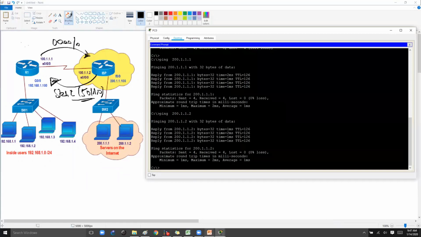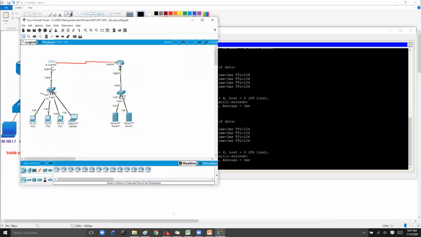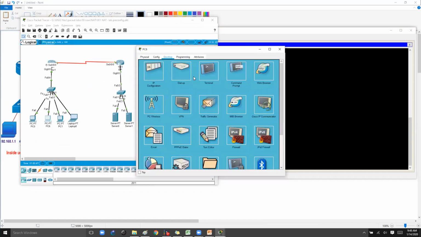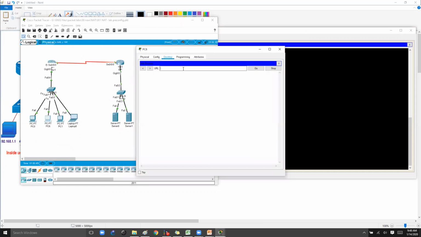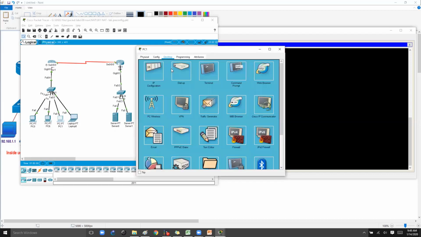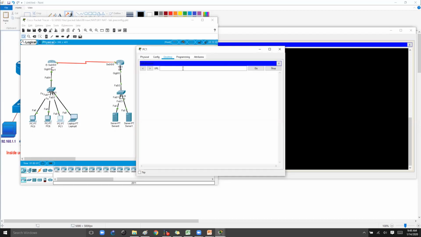If you want to initiate some other traffic, I'll try to initiate some web traffic from this second host, let's say. I'll try to send a web request to 201.1.1. And from the third host, I can initiate some web traffic to 201.1.2, let's say. Just type the addresses we have.